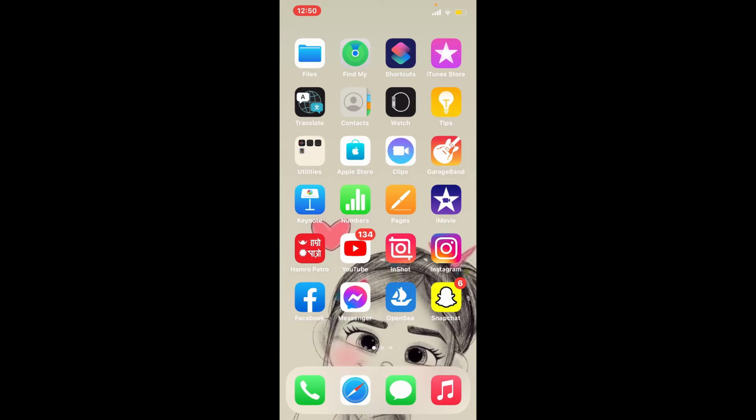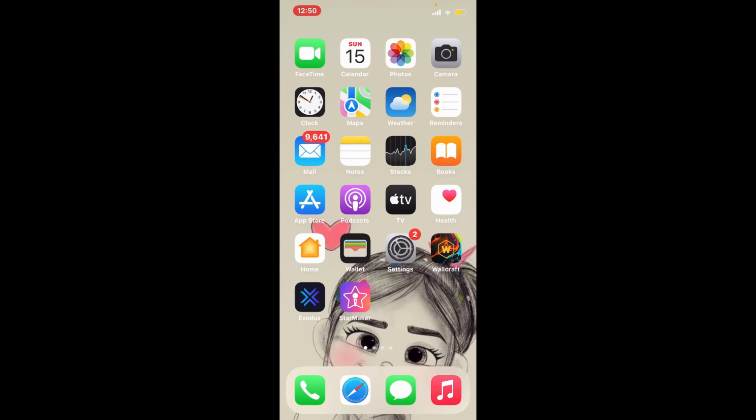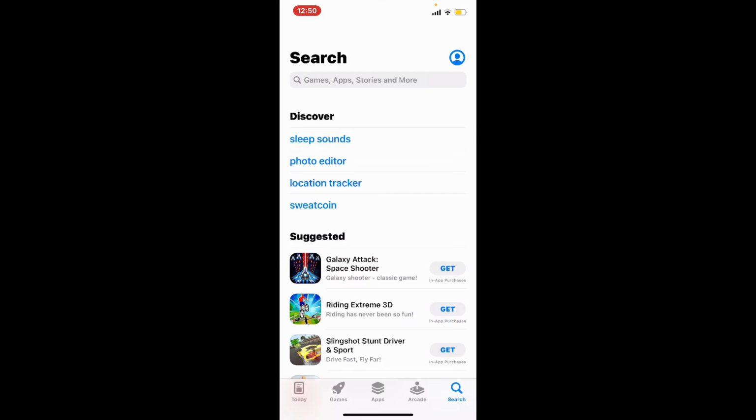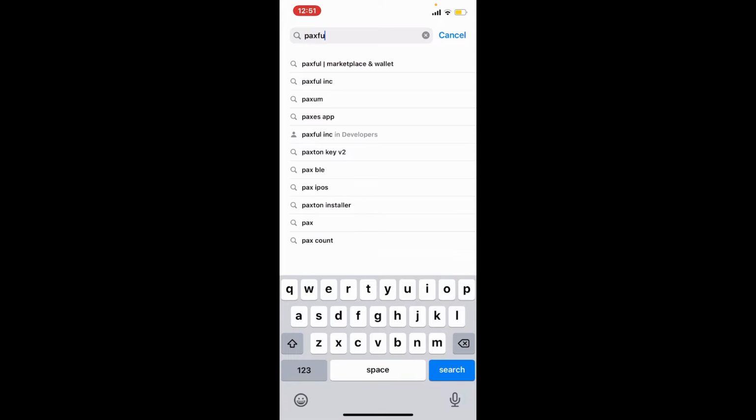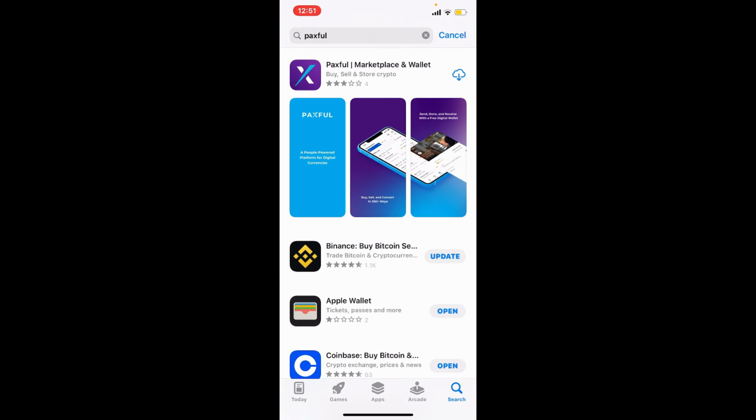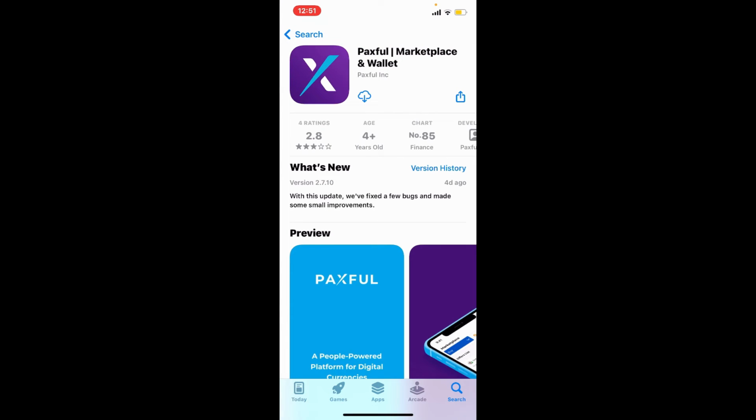To download Paxful application on your iPhone, first, make sure that you're connected to a Wi-Fi or cellular data and tap Open App Store. Go to the search bar at the top and tap it on. Type in Paxful into the search box and search. You'll be able to find the application displayed in the search result. This one's the app we are looking for that says Paxful, Marketplace and Wallet. Simply tap on the download button to begin with the downloading process for the application and wait until it gets